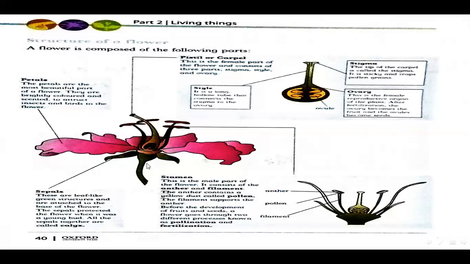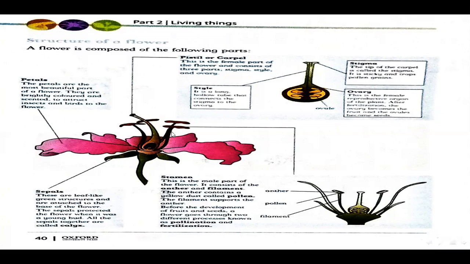All the sepals together are called the calyx. So the small prominent leaf-like structures on the bud are known as sepals. If we cut the flower open, we can see the parts inside and can identify the pistil and the stamen